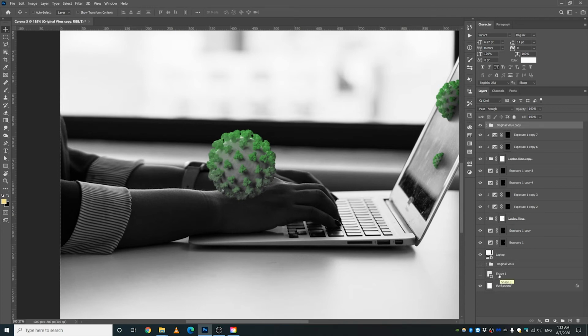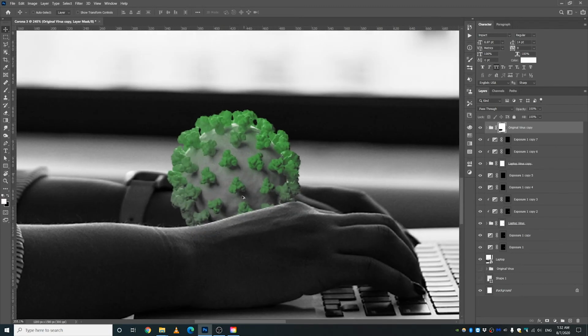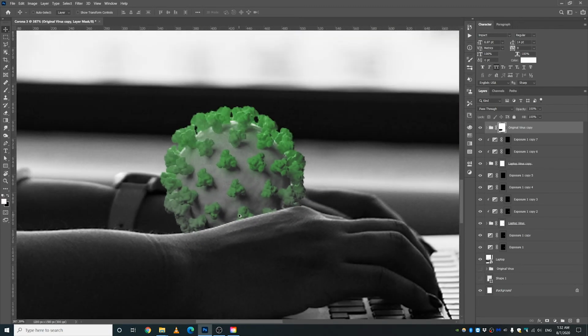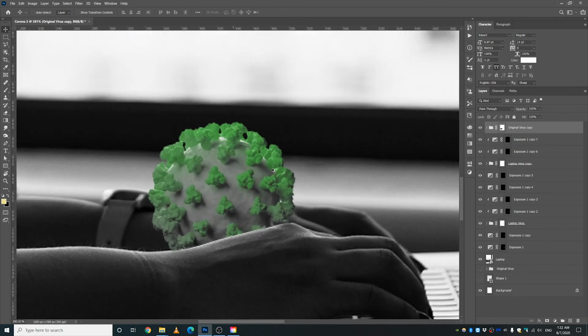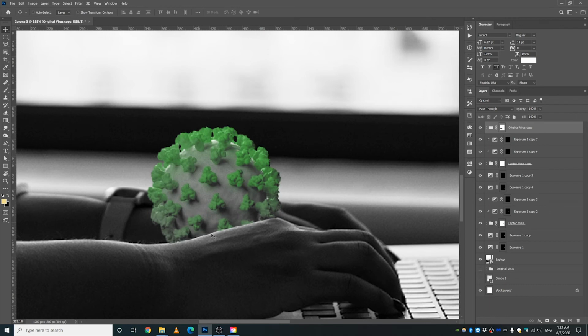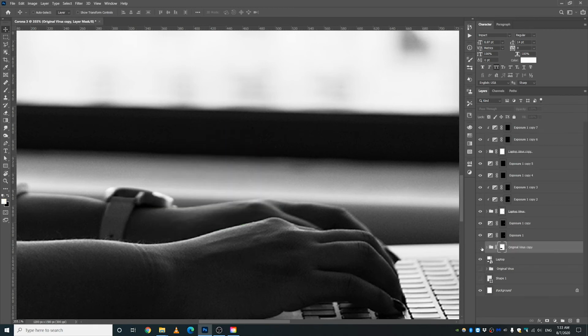So what we're going to do is press Ctrl and click this thumbnail just like that, and it will create a selection. And we're going to press Alt and click here, and just like that we have a mask. Now the next thing is to create some shadows right about here. So let's bring this guy maybe here,